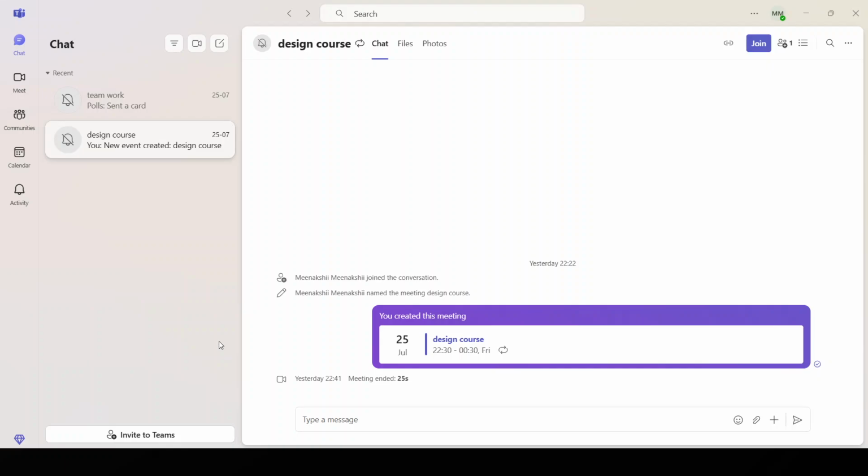In today's video, I'm going to teach you how to remove or add members in Microsoft Teams. Whether you're managing a small team or a large organization, it's essential to know how to seamlessly change your team's roster to accommodate new members or say goodbye to those who have moved on. Let's dive right into the straightforward process of managing team members in Microsoft Teams, ensuring that your team runs as